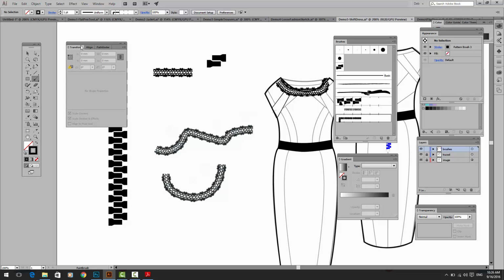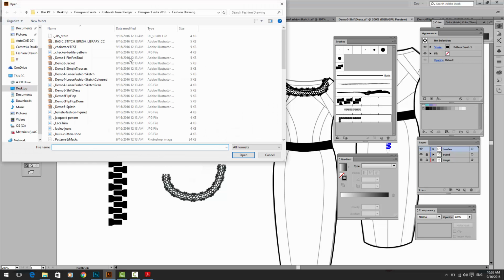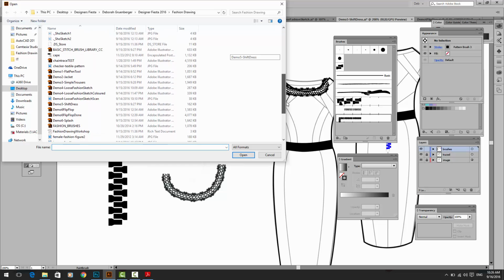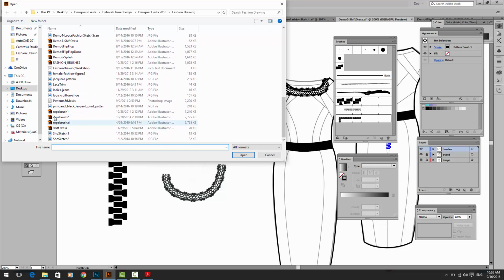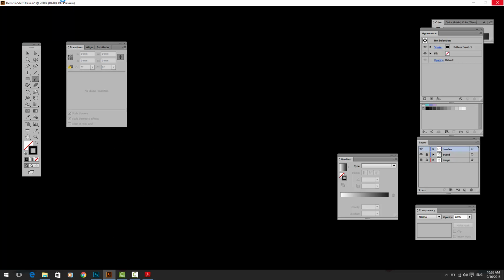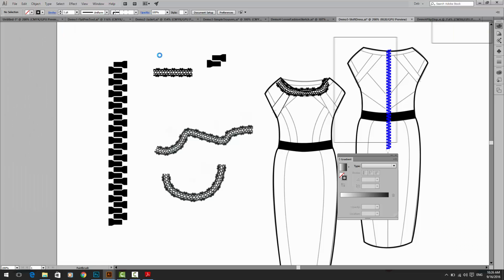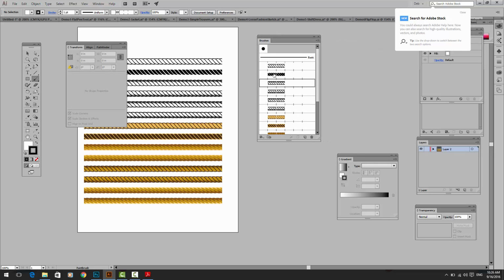And the last thing I want to tell you is that you can download loads of freebies from the internet, and there's also paid accounts. And if I show you one of them just very quickly so you understand that you don't need to be an amazing artist to do this, here is a rope brush file that I found for free online. Okay? Sorry, it's taking time to open. Okay. There. It is already there with brushes saved,